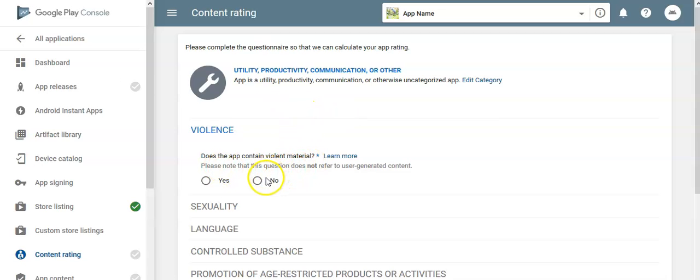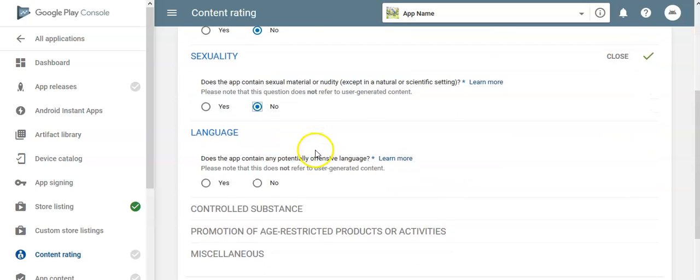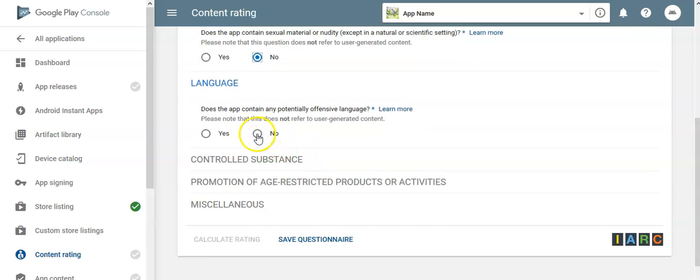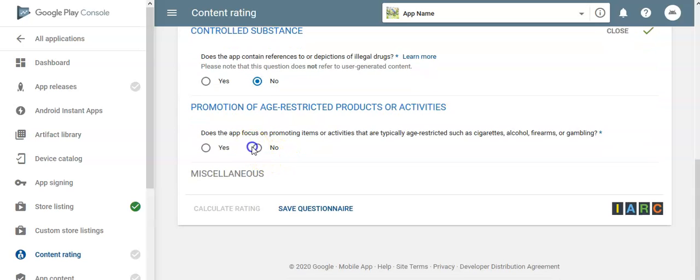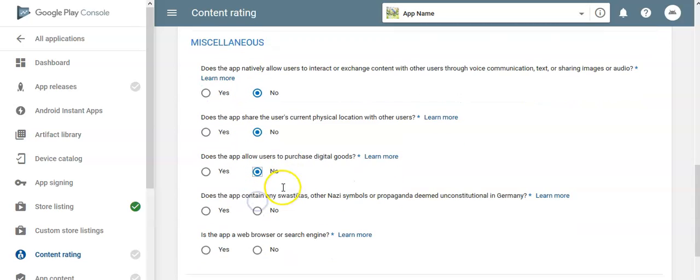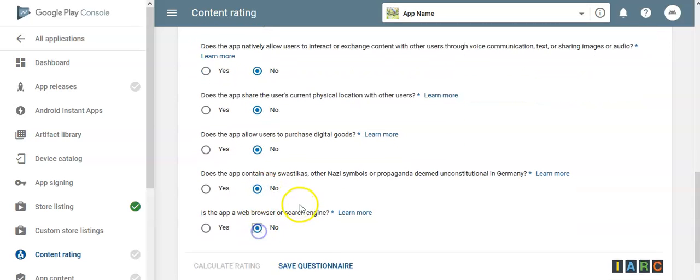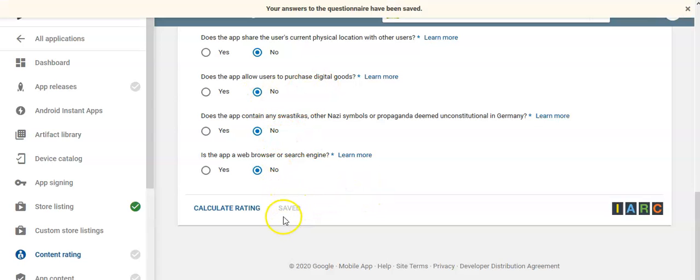Then you have to answer a few questions. For example, let me select here no. You need to go through each question carefully and then give answer accordingly.